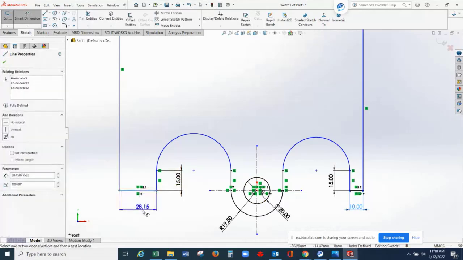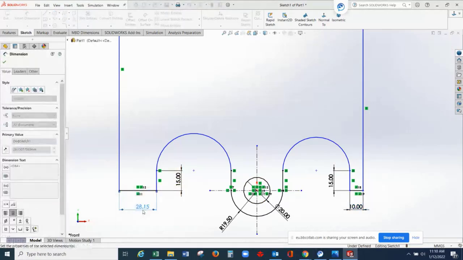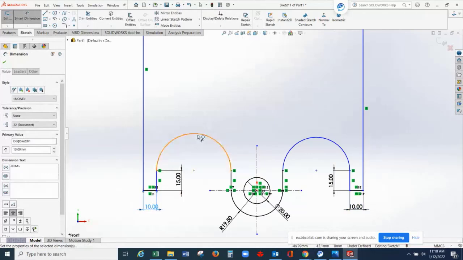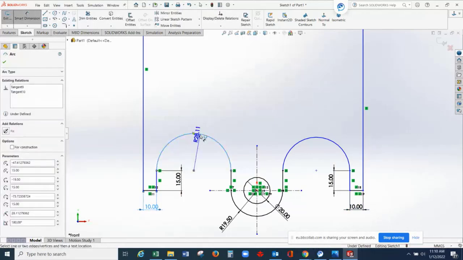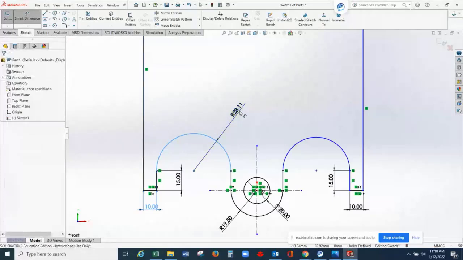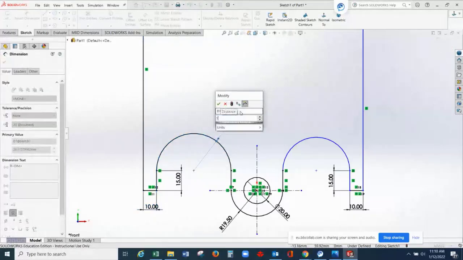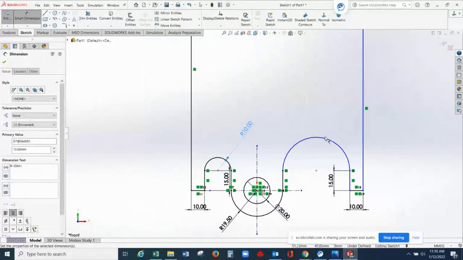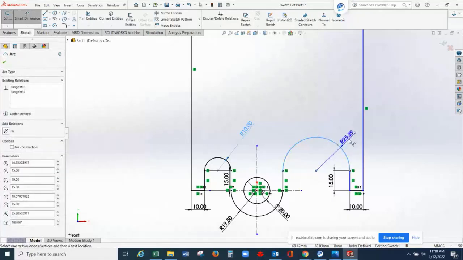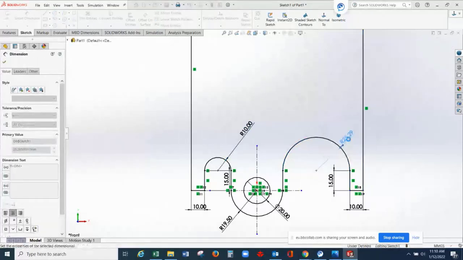This line is 10. This one is 10. This one is 10.